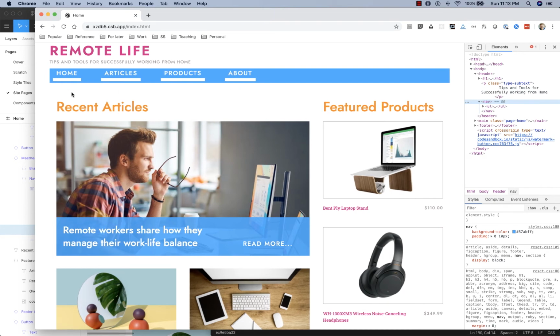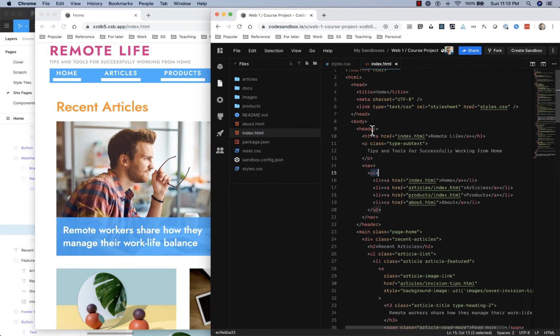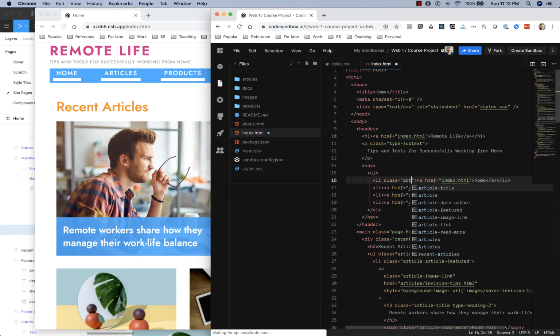Okay, now you say, Mr. Shanley, we don't have that underline under every one. We only want it on sort of the current page. Well, how do we do that? It's a pretty straightforward matter of putting a class on that actual one. So what I like to do is put the class on the li. So we're on the home page. So this is the active